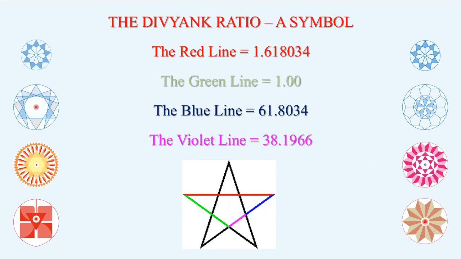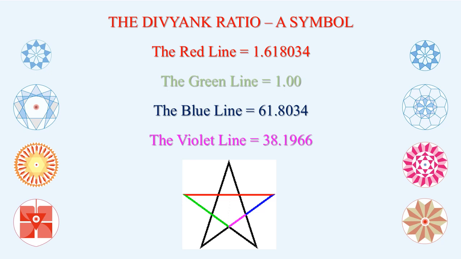Now, Divyank ratio, also, as I've been saying, symbolic language is the best. Mathematics is one language, symbols are another. But when you can convert the whole symbol into mathematics, then you can understand and appreciate much better. As I showed you, the same pentagon picture in the beginning, done by somebody else. This particular picture